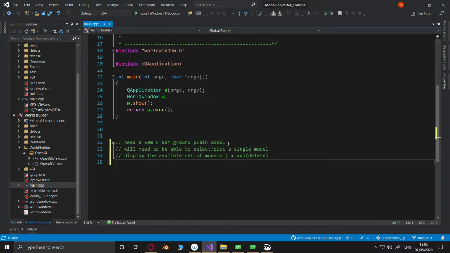So things that you only need for world building are in the world builder. Like displaying the available set of models is only in the world builder. You don't need that in your game. Well, if you do need that in your game, no you don't. I just realised, no you don't.